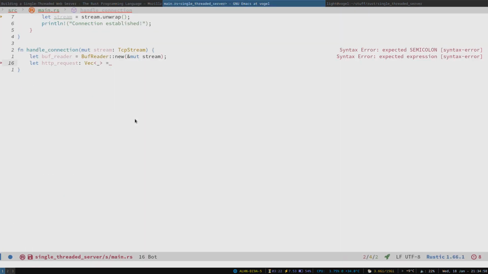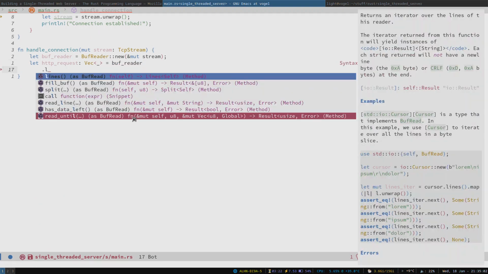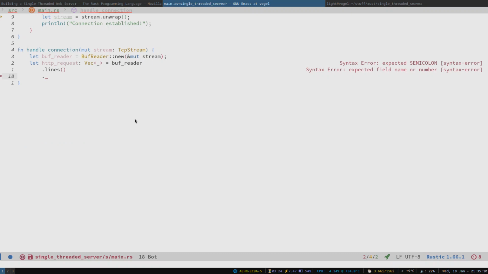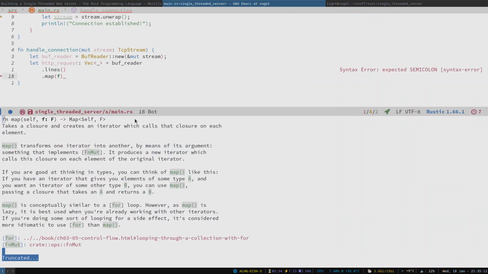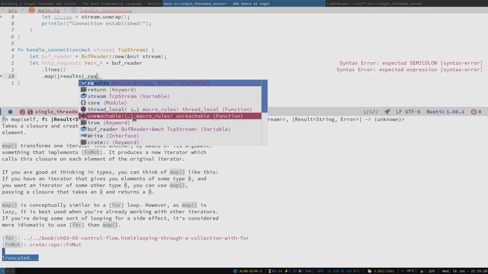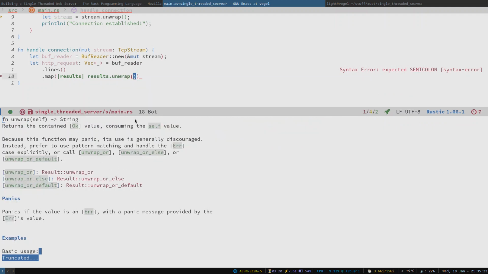So we need BufReader dot lines. So we're gonna send, so the map, so results dot unwrap,